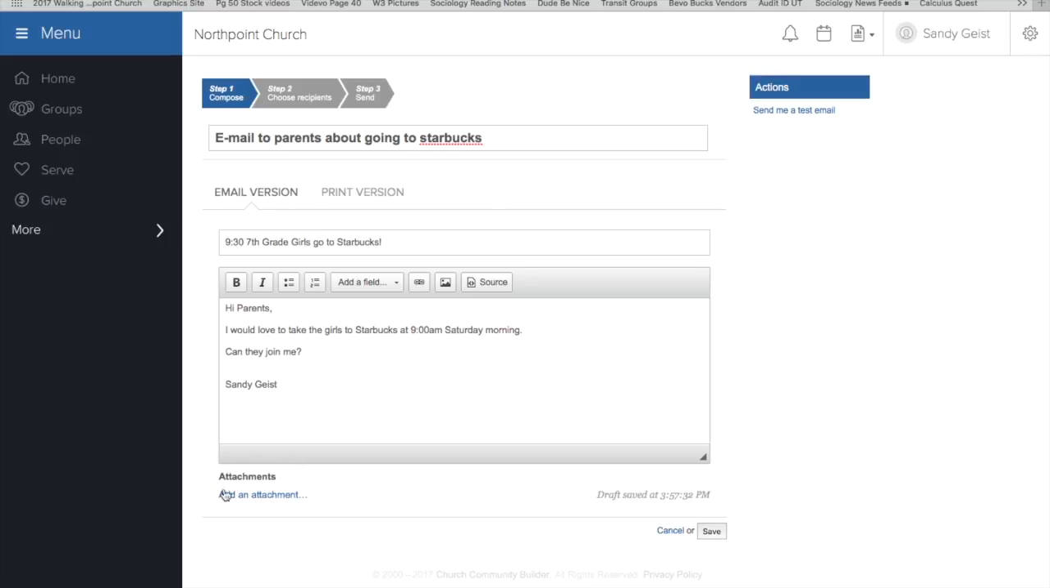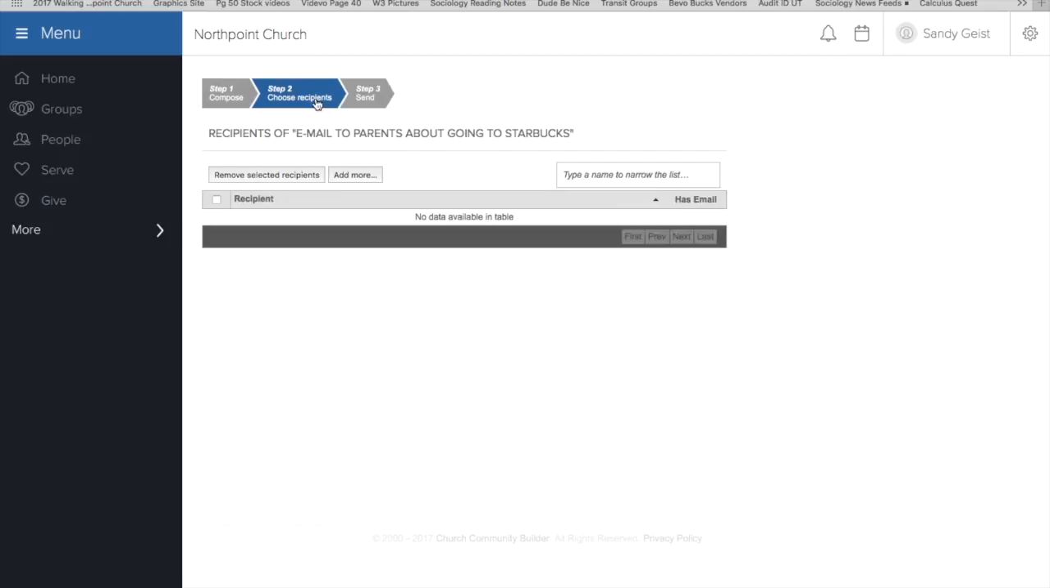You have the option to send an attachment at the bottom if you needed to. I don't know why you would need to, but maybe later you want to add an attachment. I always click save, just make sure it's there, and then go to choose recipients, which is probably the most